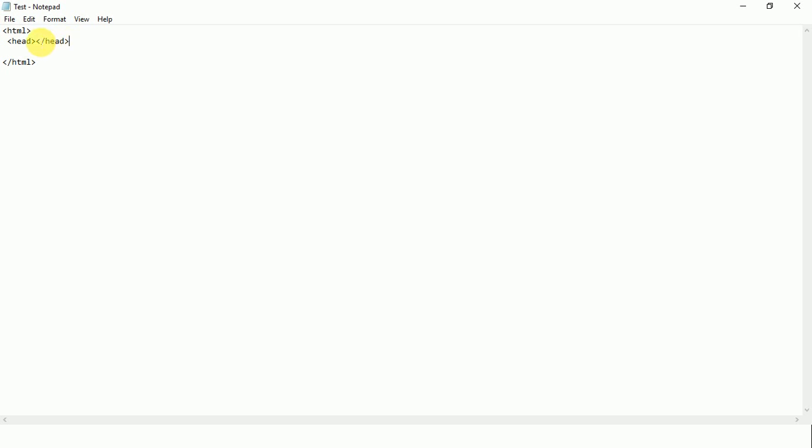It is the closing tag, and here is the opening tag. So here is head, then there will be body, and this is not compulsory, but you can also give a foot.